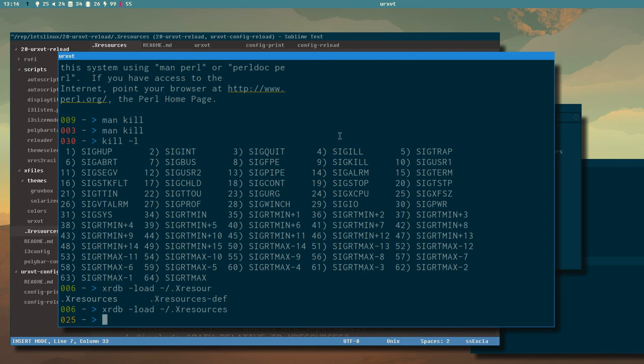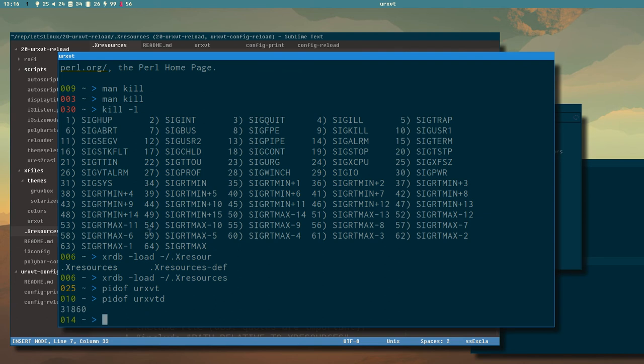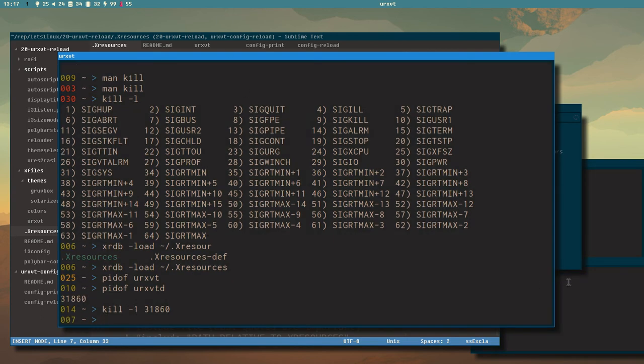And now we just have to send this SIGHUP signal to the urxvt daemon process, and then it will update all our urxvt instances. And to find out the process ID, you can run the command pidof, and then just urxvt. We have looked at this already. Only urxvt, nothing but urxvtd. Then you will get the daemon process ID. So if we send this kill -1 3186 0, you see it updated